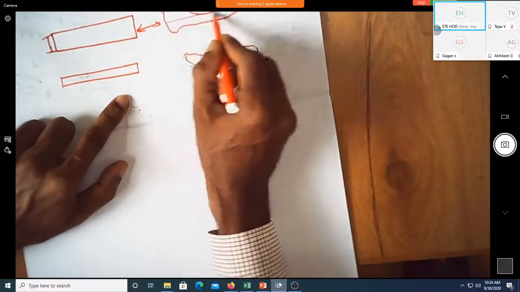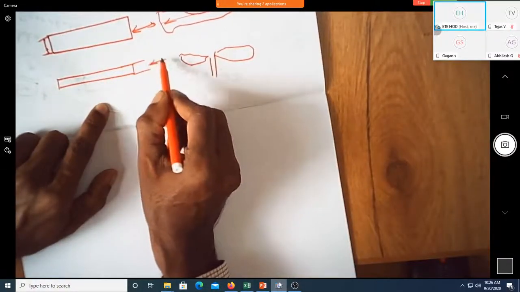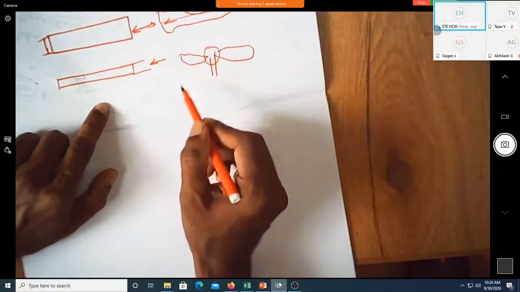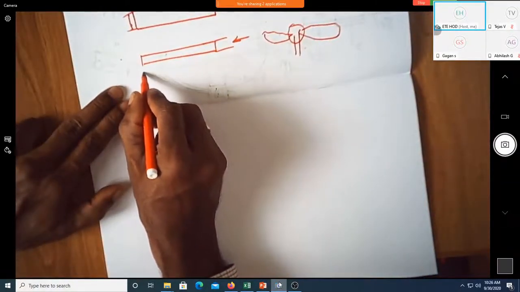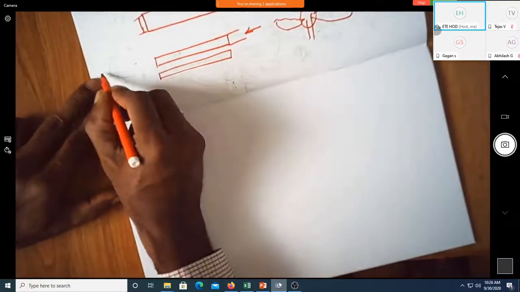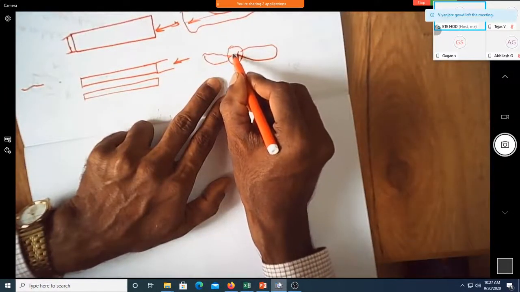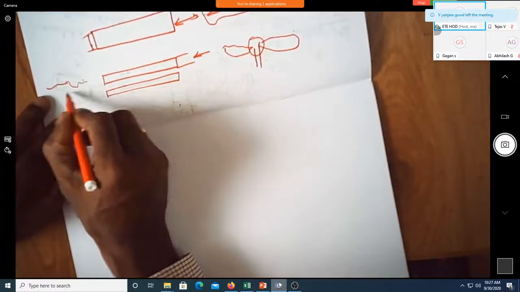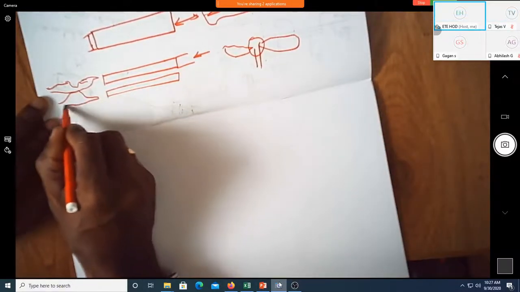You may end up with connection from this to this, but since the dimension is lesser than what is specified, then you'll end up with an open circuit. Assume that you place one more thing very close to it. When you're putting one more thing very close to it, it is not necessary that you're going to have an open circuit. You may just have it something like this. Okay, assume that this is the connection and the other one is coming like this.